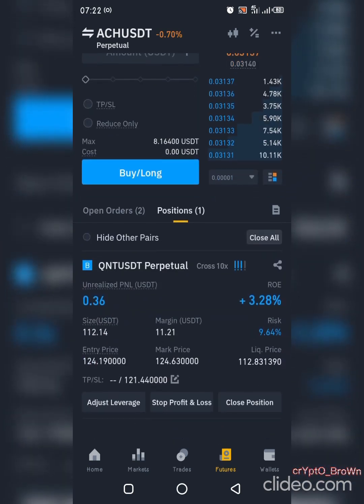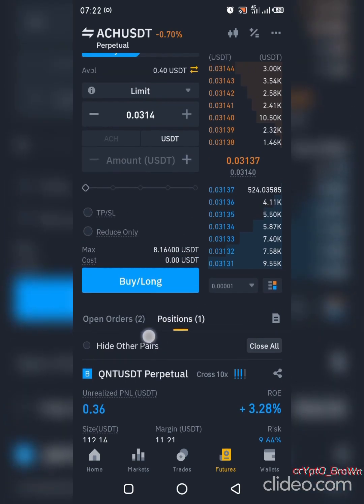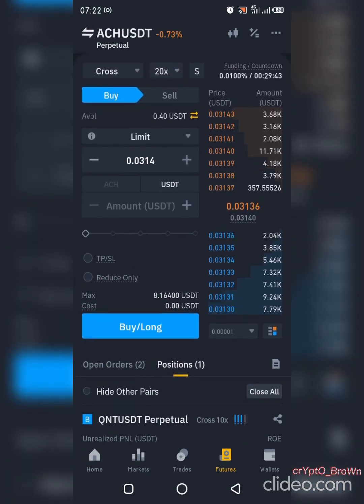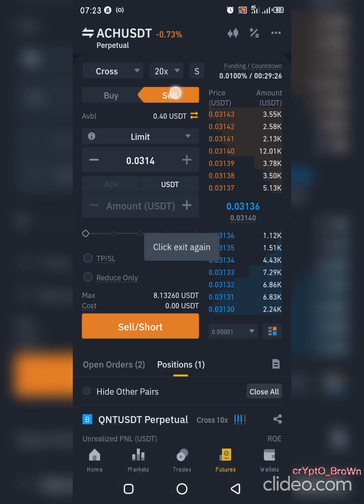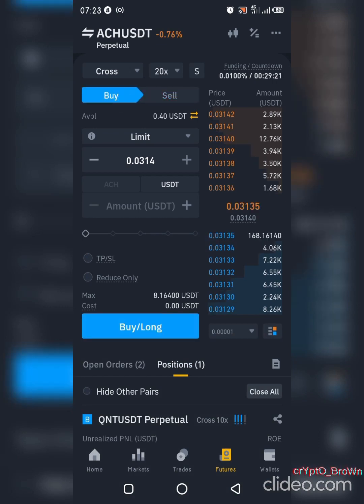Let's move on. Now over here you can see buy or long. Buy means, I've already told you, buy means long and sell means short. So if you want to change this, you just select here. If you've been given a signal and it's telling you to short, you just click on sell and then you short. If the signal tells you to buy or long, you click on buy